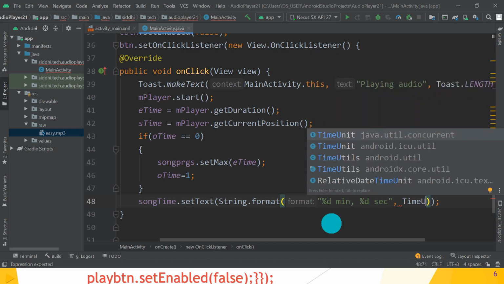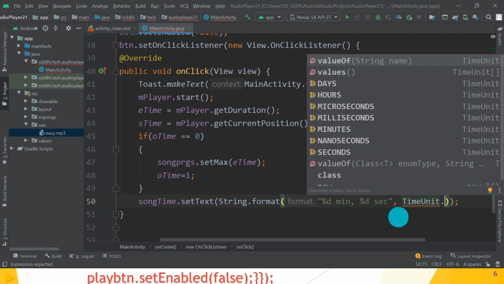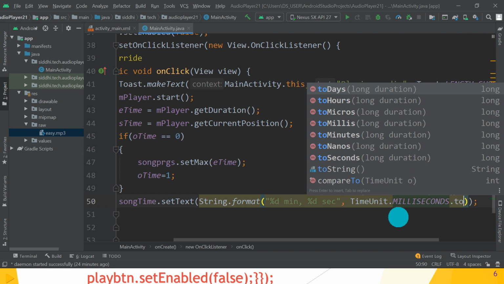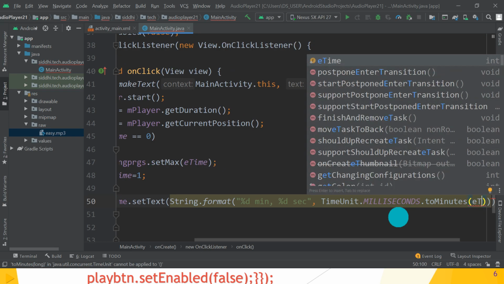So time unit, you have to import. Great. So time unit dot milliseconds dot to minutes, convert it into minutes and pass the milliseconds time, which is end time.